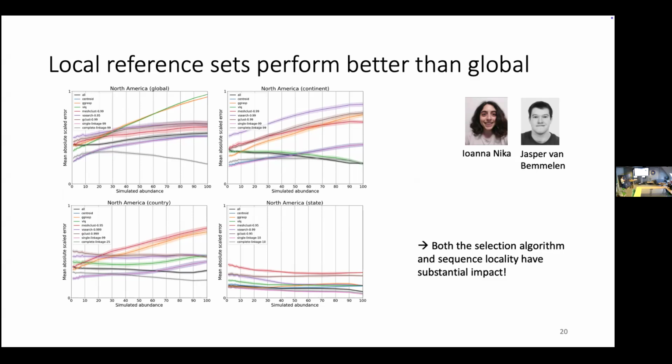So we're still working on this also in different contexts to really understand what makes a good reference. My main point now with this figure is to show that the selection algorithm and the sequence locality, so the region you select from, have a substantial impact, and it is something to consider when you choose your reference sequences.